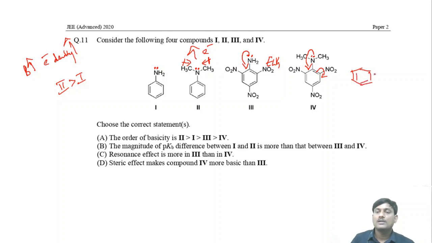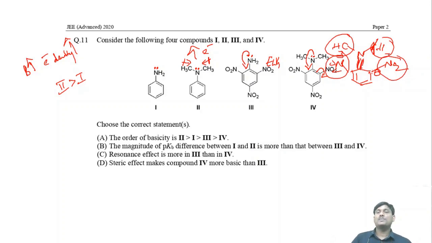Double bond. Here there is a negative charge, one pair of electrons, and these are methyl groups, and this one is NO2, and this one is NO2. Here all the four groups, methyl and this one is methyl, all the four groups are on the same plane. Since it is a double bond, all the four groups are in the same plane. So there is a steric hindrance. There is a steric repulsion between these four groups.